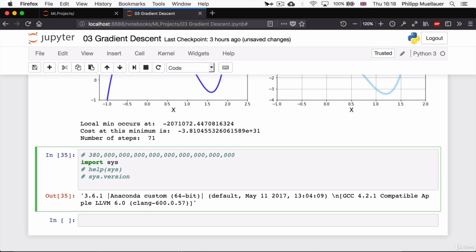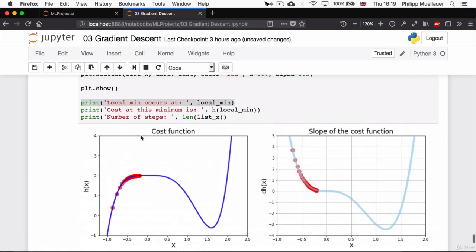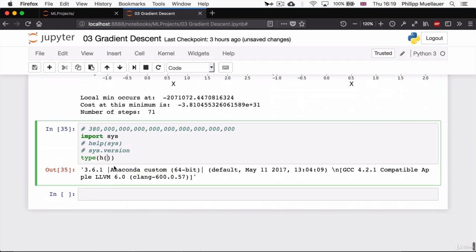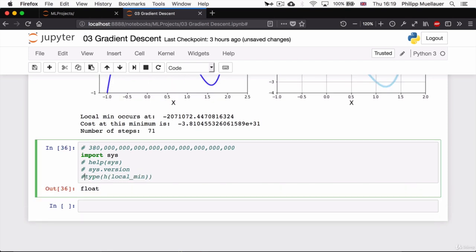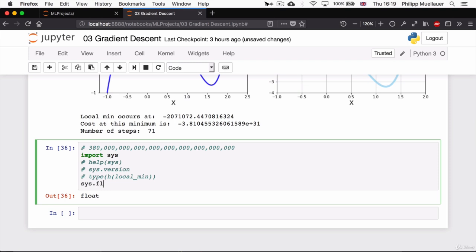And let's look at something else. Let's pull up what the largest floating point number is that I can calculate in my Python program. Now you might ask, why am I interested in floating point numbers? Why do I say floating point numbers? Well, take a look at the type of the thing that we're calculating, h of, in this case, h of local min. So this is the thing that gave us the problem. So this is a float, and this is what we're looking up. The largest float that we can use is